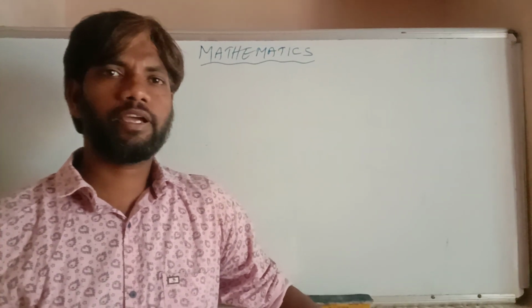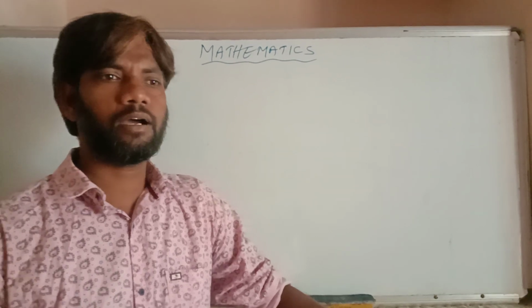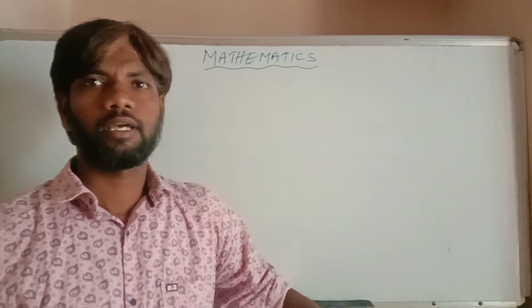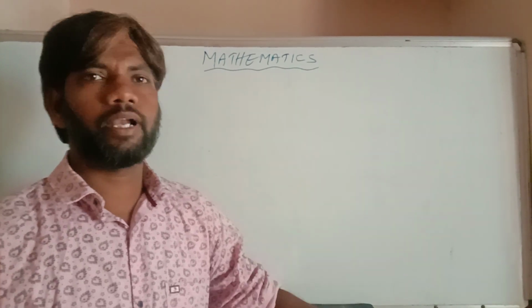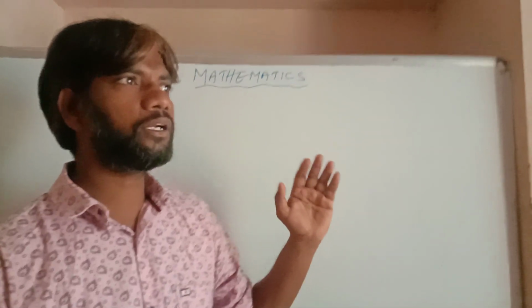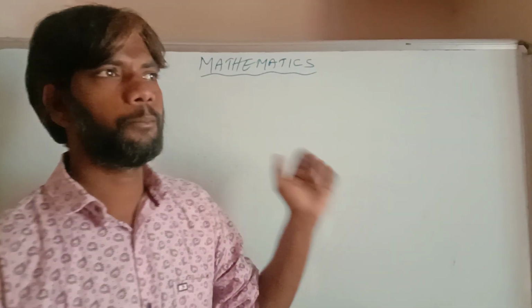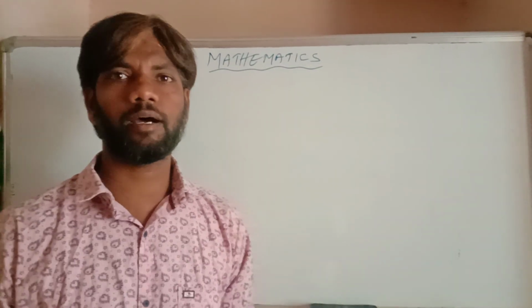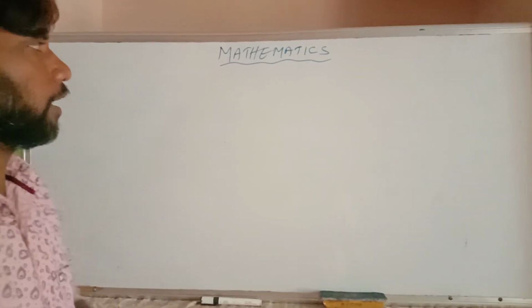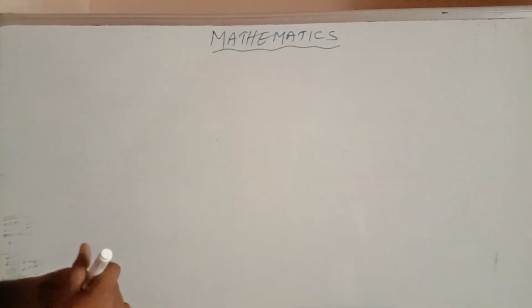Last class I explained the mean of a group of data using the appropriate method, either the assumed mean method or the step deviation method. Now I am going to tell you about the median and mode of a group of data, which is important for a 4 marks question.